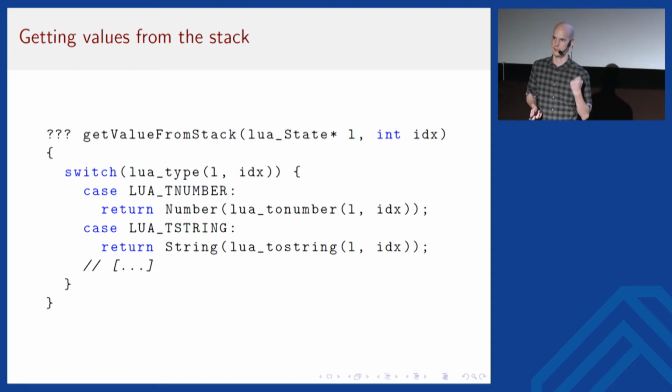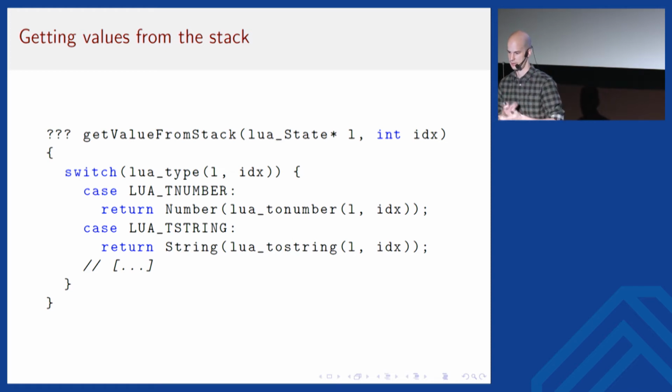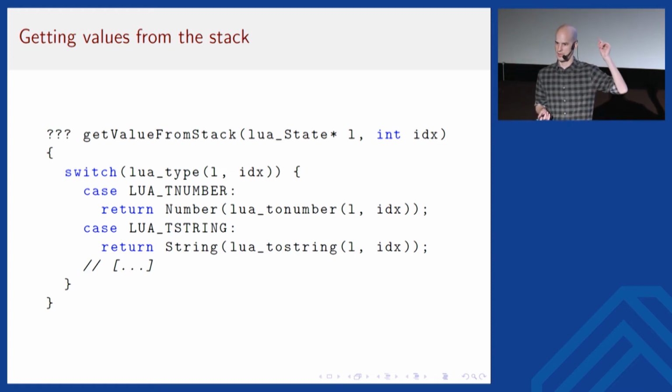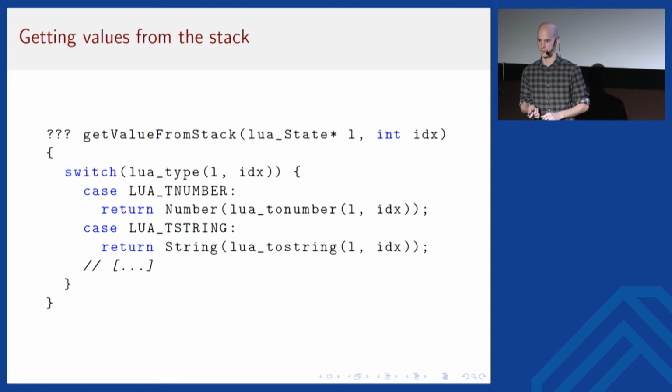of the C++ type system. I want support for strong types. I don't want this weird Lua, everything is dynamic thing anymore. So the question is now, what is the return value for this function going to be?